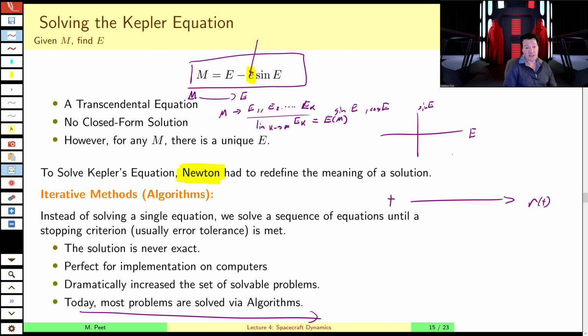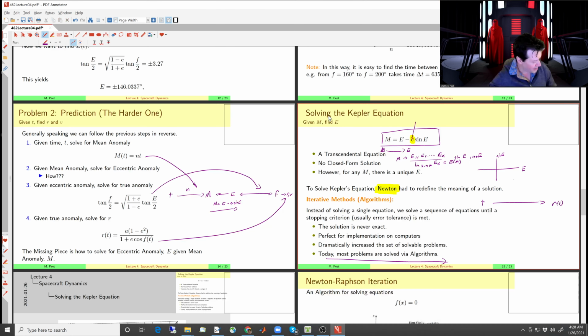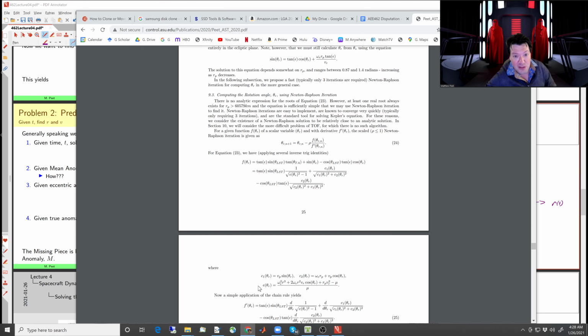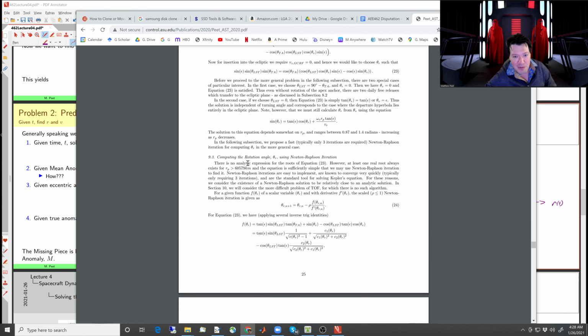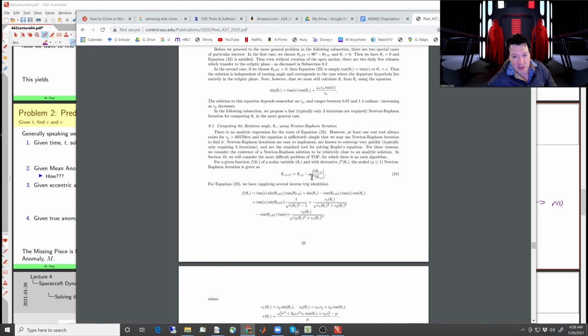Gradient descent is a variation of scaled Newton iteration. In fact, in my paper on space elevators, I reduced one of the questions, a targeting question to find the targeting angle to transfer to the ecliptic plane, and it's expressed in terms of Newton iteration. I brought that up just because I thought it was amusing that I'm still publishing papers on Newton iteration here in my space elevator paper. We're using Newton-Raphson iteration, a scaled version, but in any case, if you can calculate the derivative of a function analytically